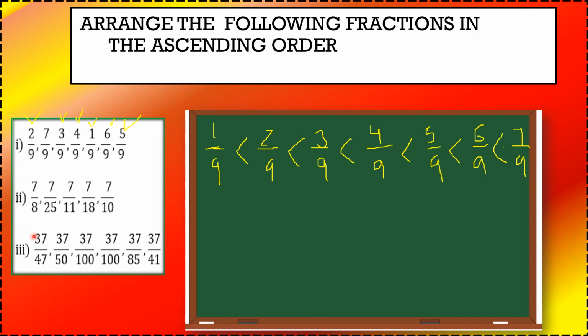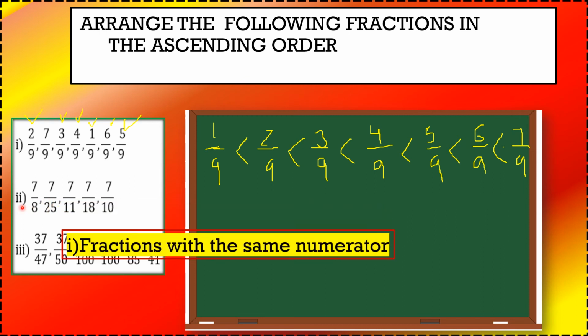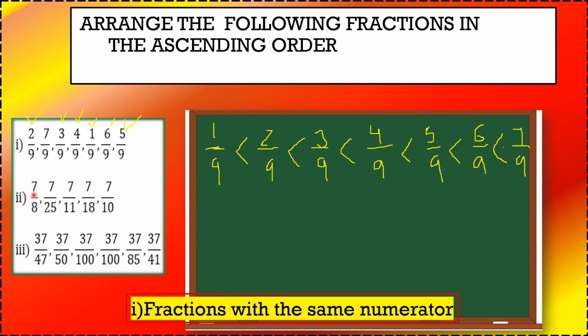That was easy. So now one more question I want to do, that is second, with you, and the third one you can do on your own. Okay, so remember I told you, when the numerators are same, then what will you do? When the numerators are same, then we use the absolutely inverse method, in the sense that then the smaller denominator becomes the greater value fraction. Okay, so let's start doing it.